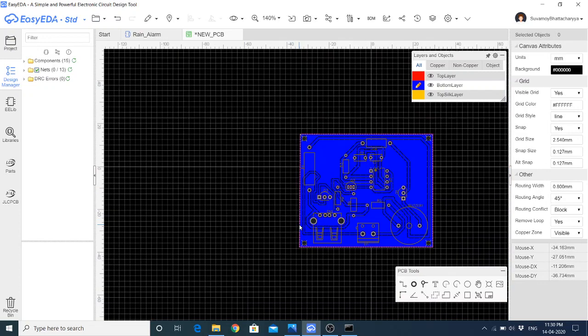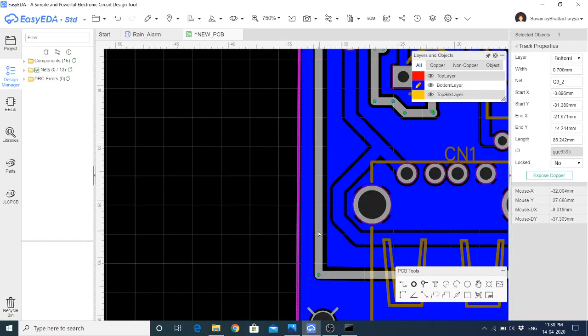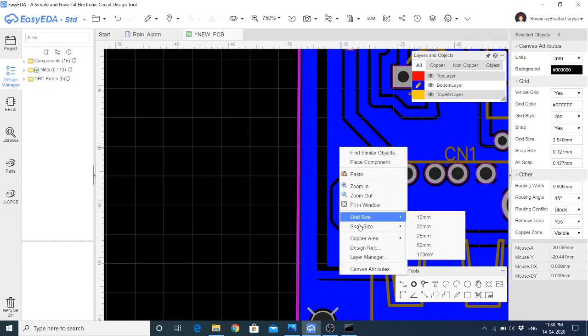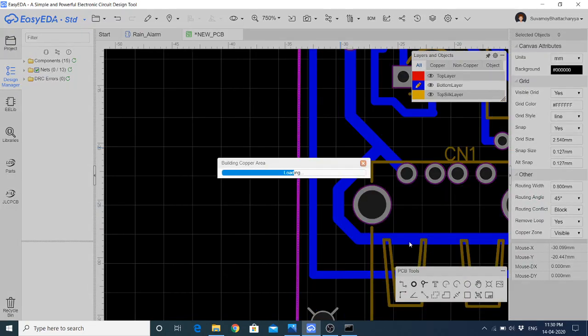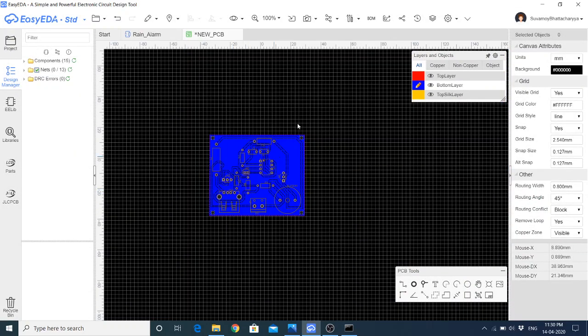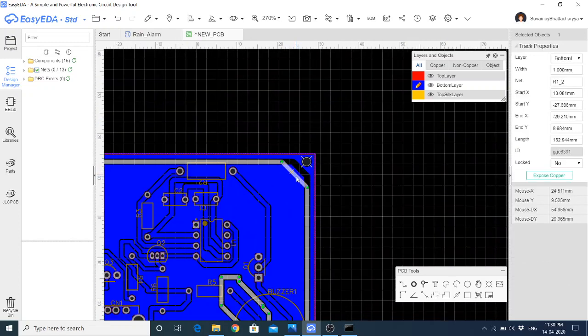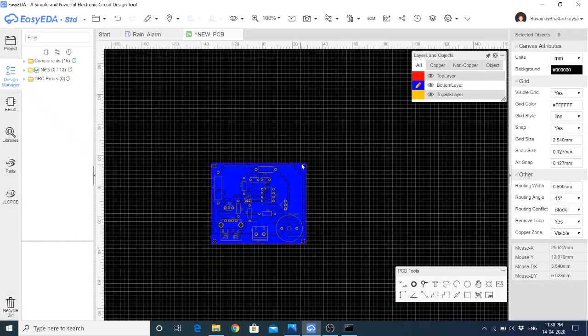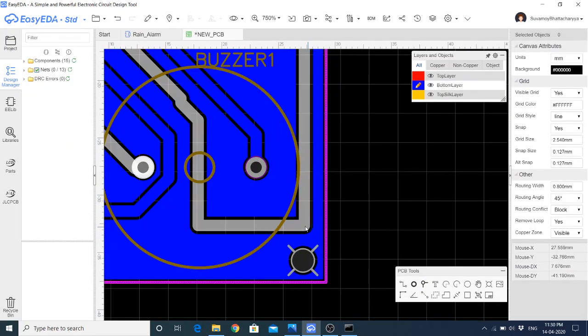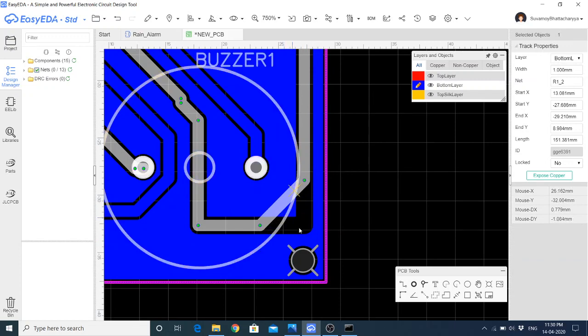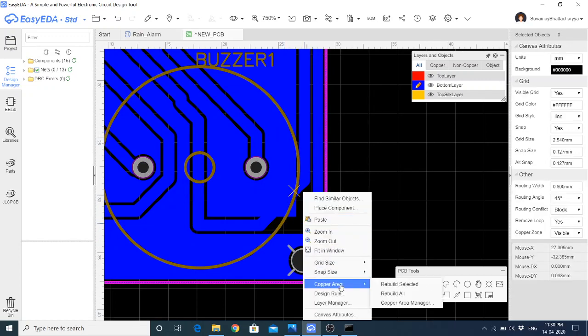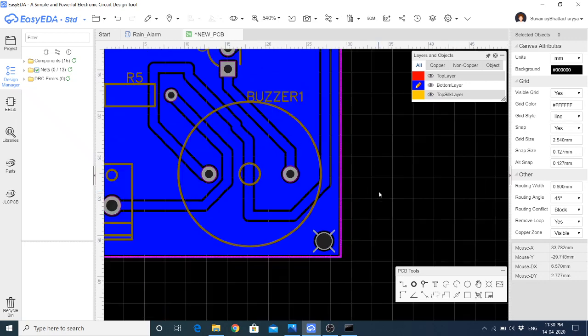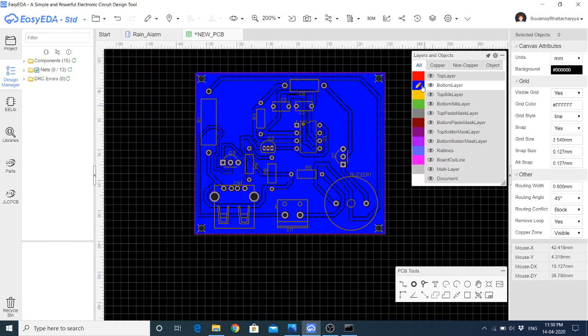Copper area is rebuilt, so now it doesn't have any problem. Copper area rebuilt. Fine here. Okay, I will just shift it, and here also I can shift, not an issue. So okay, the work is done in the bottom layer. Okay, so at the top silk layer,